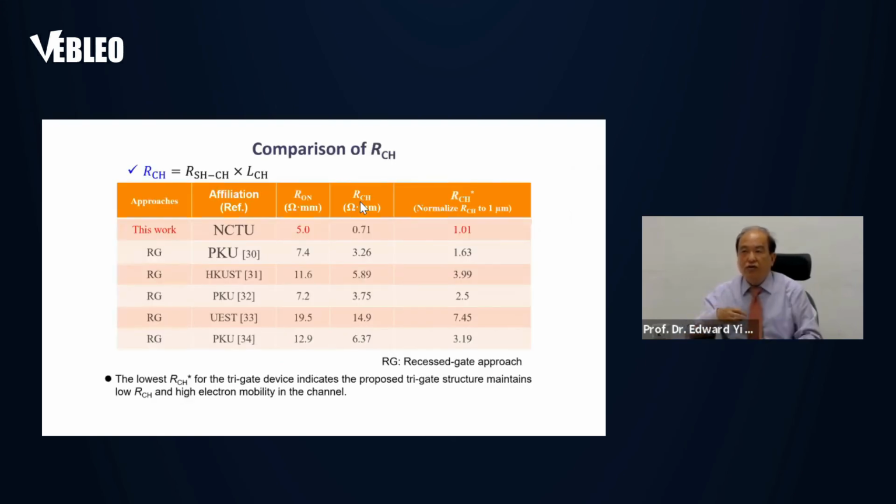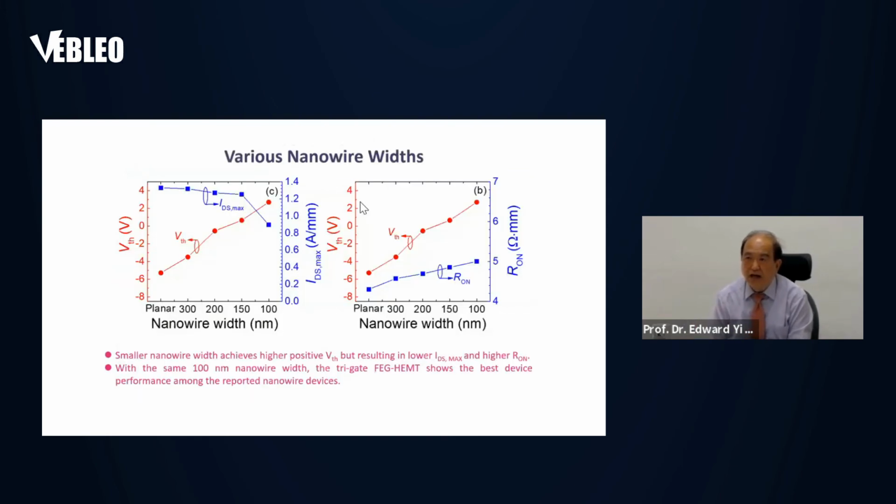And this one, when combined together, gives you the R on SP of 5.0, R channel of 2.71, and a normalized channel resistance of about 1.01. This is the lowest published. And this is why it can achieve this kind of 10 ohm E-mode,